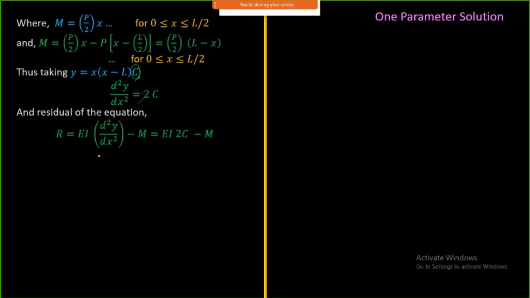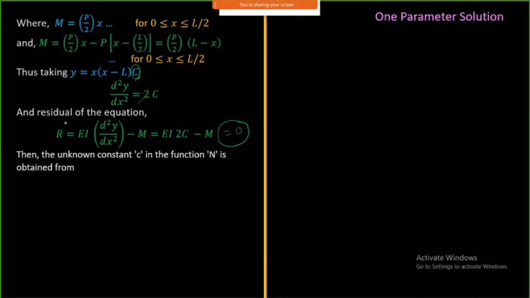So that is nothing but a residual, and this residual should be 0 practically at every point on the domain. Now you want to determine the c. You can determine d2y by dx square and substitute this d2y by dx square, which we have calculated previously from this equation. Okay, then now come back to your differential equations.